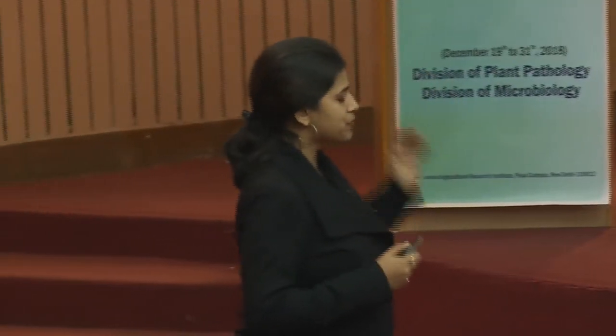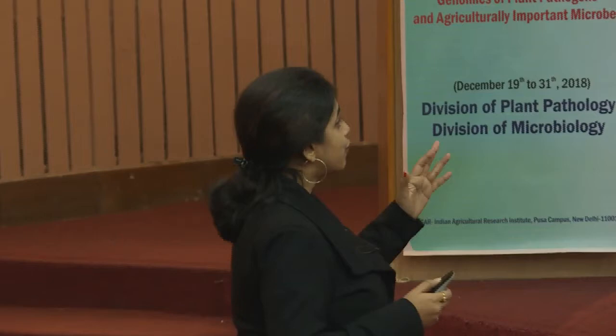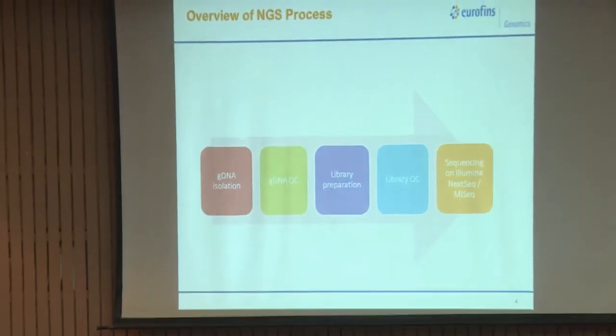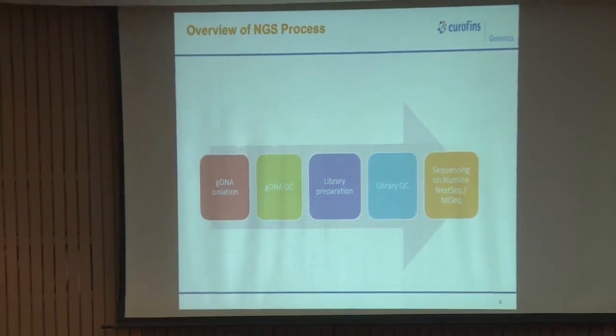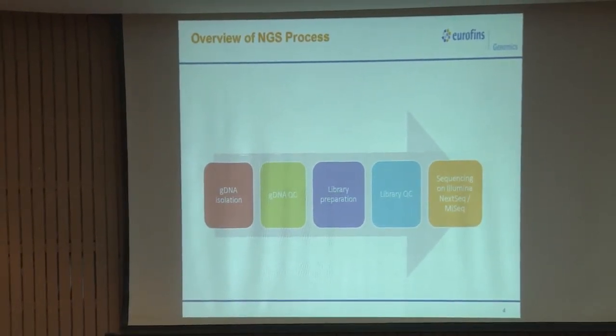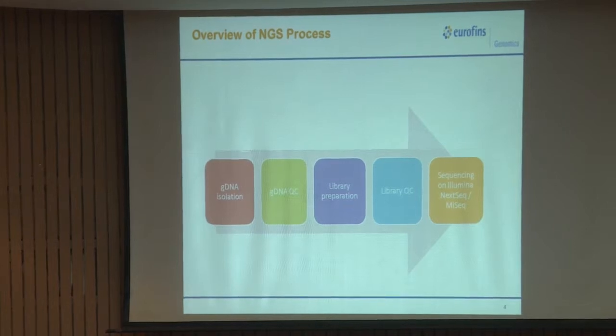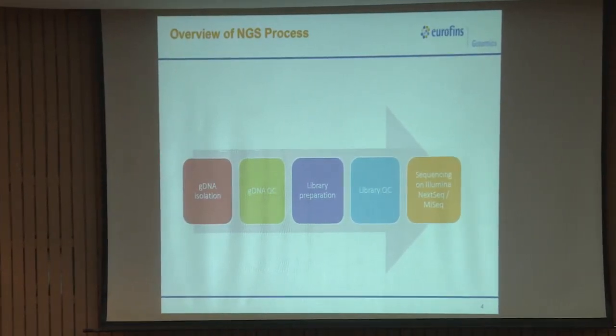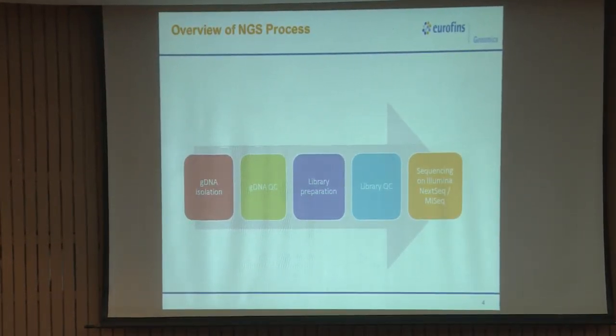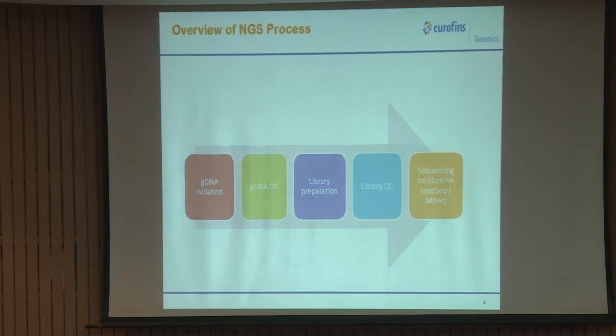So, when the library is prepared and the DNA templates are attached, we do a QC. Why do we do a QC? We want to see what is the length of my DNA template, right. Is my library a proper size or is it out of size? If, for example, I am sequencing 2 x 150 and I have a library size of 1000, I will have a huge gap between the two ends, right. We have paired end sequencing. Paired end means I am sequencing from forward and I am also sequencing from reverse, the DNA template.